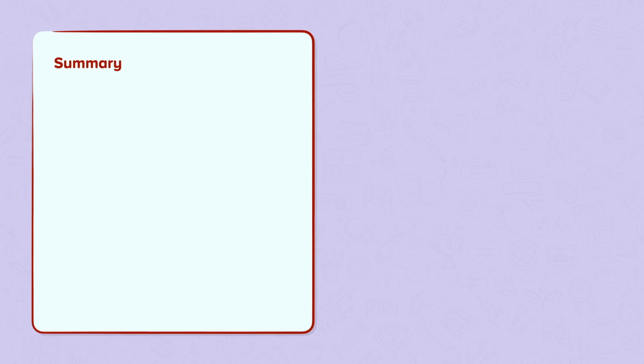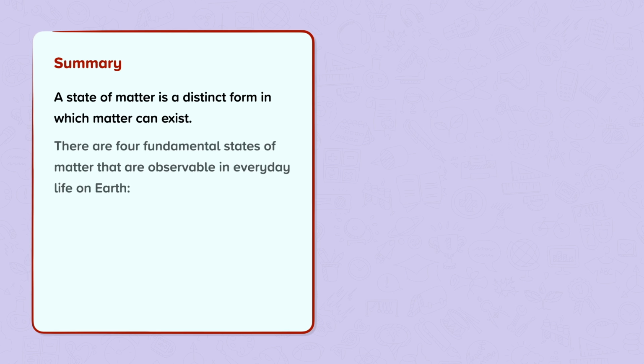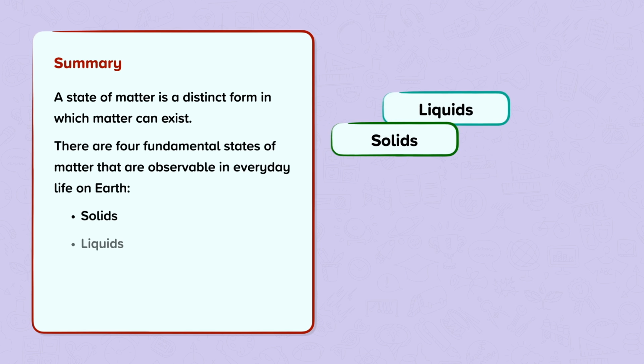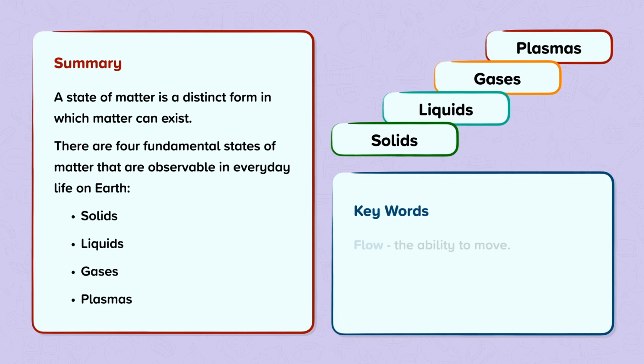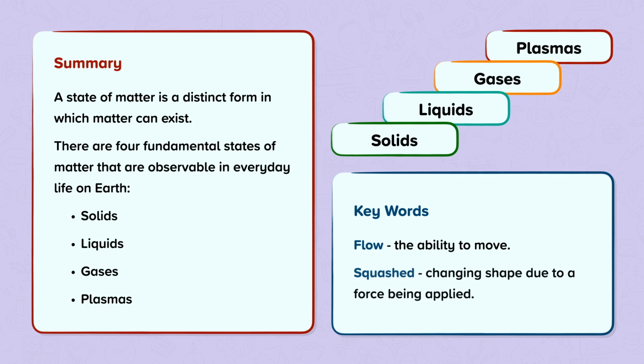In summary, a state of matter is a distinct form in which matter can exist. There are 4 fundamental states of matter that are observable in everyday life on Earth: solids, liquids, gases, and plasmas. Keywords: flow, the ability to move; squashed, changing shape due to a force being applied;